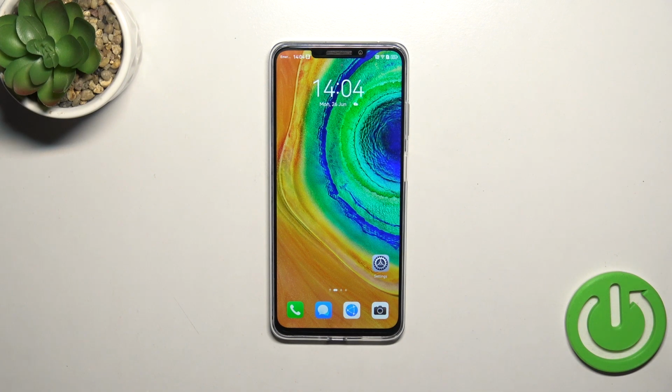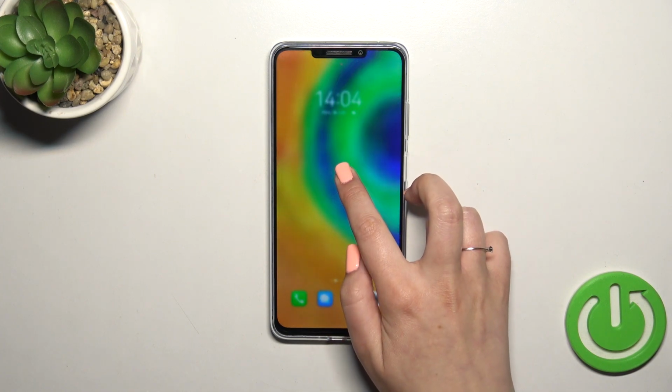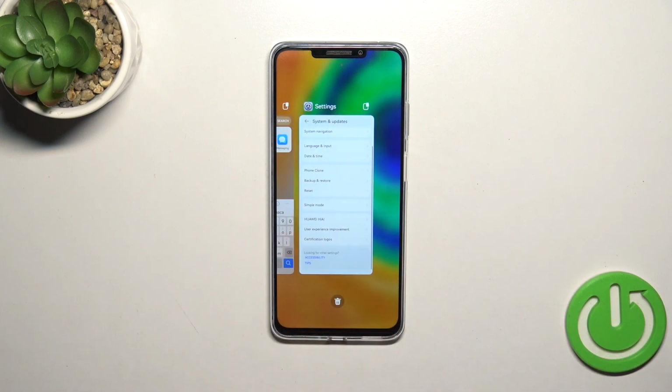If you've got the 3 buttons navigation, simply tap on the button with a square icon, and if you've got the gestures, just swipe your finger from the bottom to the center of your device and hold your finger somewhere here. After releasing, you can see that here we've got the recent,